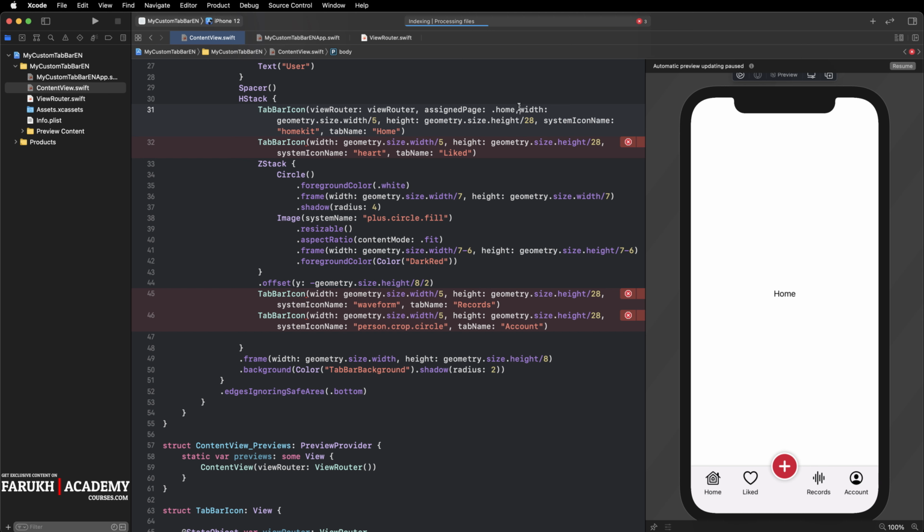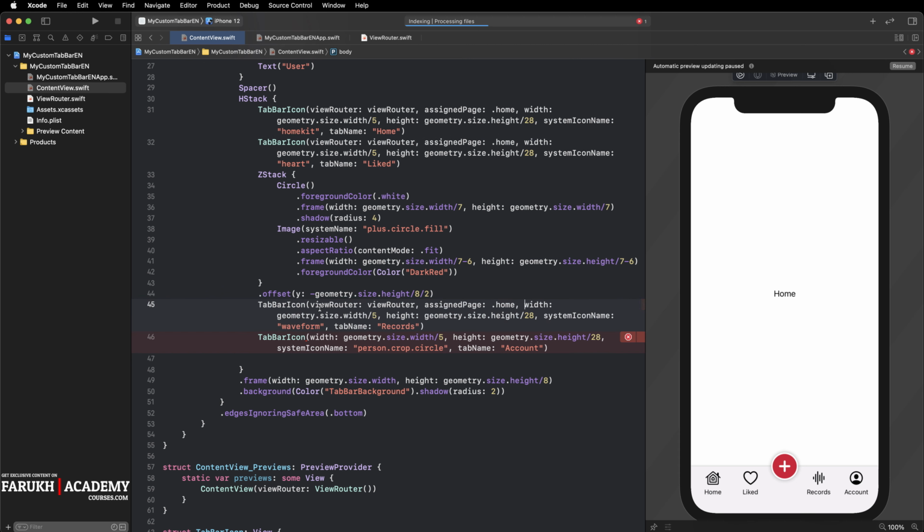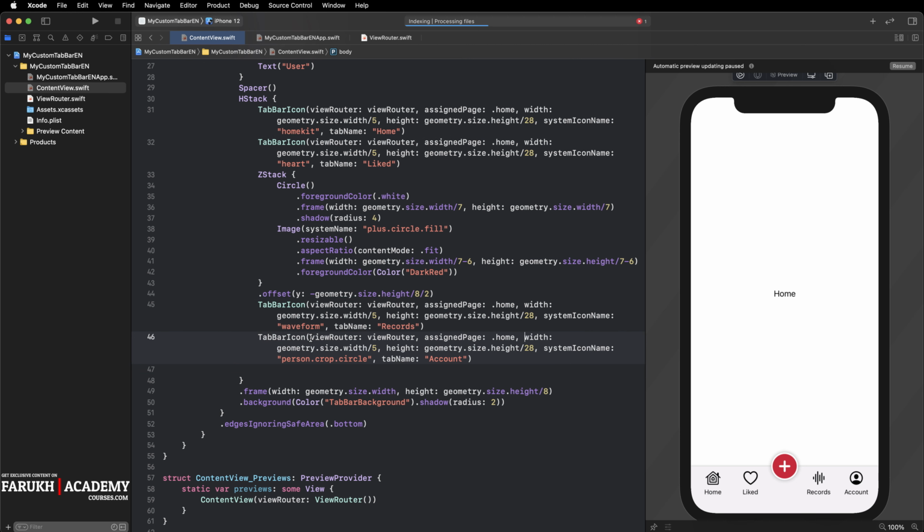Okay, and actually I'm going to copy paste this portion and paste it everywhere, okay, and then simply change the value. Okay, here